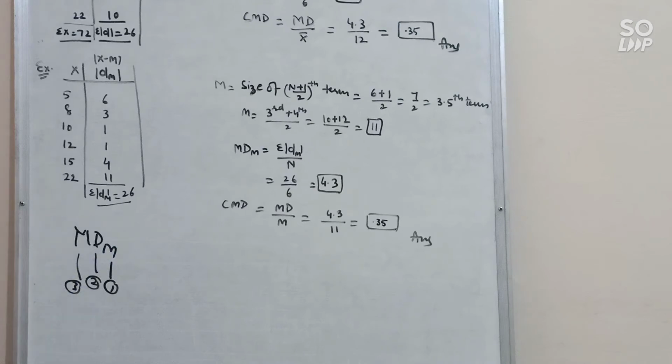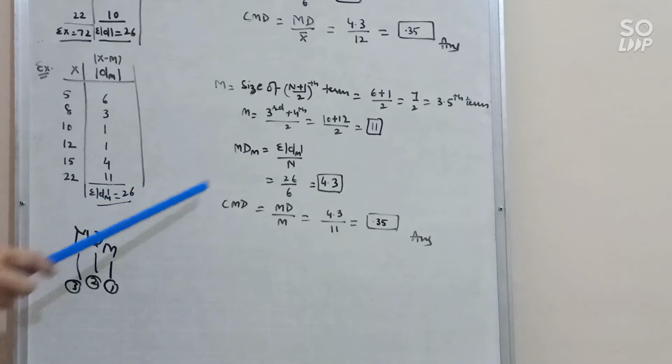Now you need to calculate deviation. The formula of deviation is x minus median, because we are calculating deviation from median. So D, you will write x minus m. You have to write the formula here. Okay. So you will just take the difference. 11 and 5, difference is 6. Then 11 and 8, difference is 3. 11 and 10, difference is 1. 1, 4 and 11. After finding the deviations, you will take the total of this column, that is sigma d,